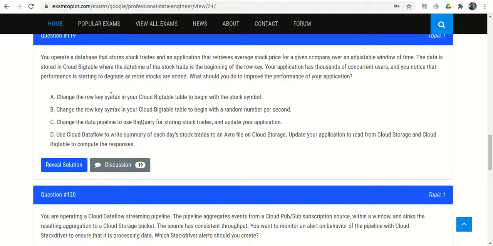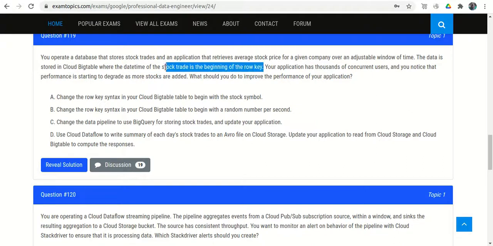Change the row key syntax in your Cloud Bigtable to begin with the stock symbol. That looks okay, because Google recommends that if the row key starts with the timestamp, it will create a bottleneck and the performance will degrade.